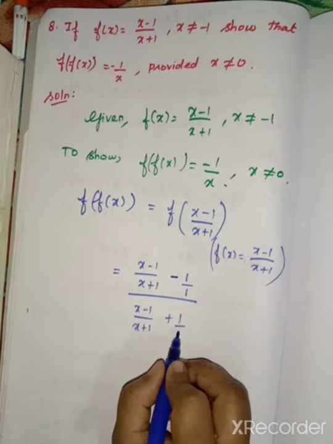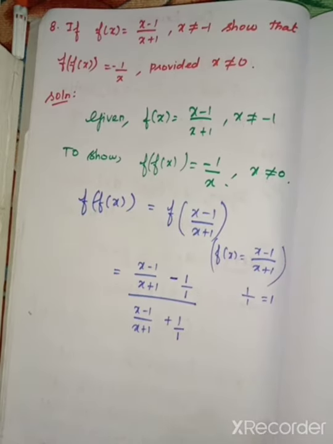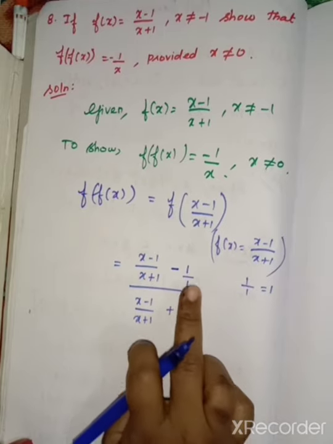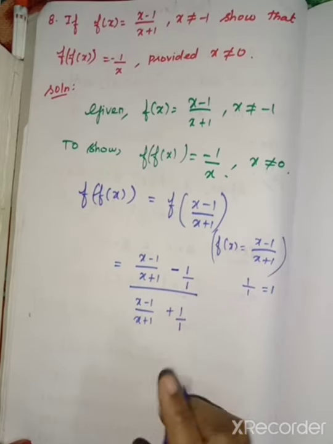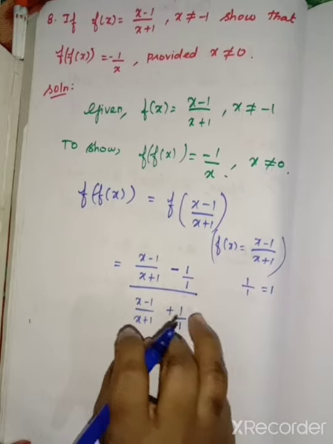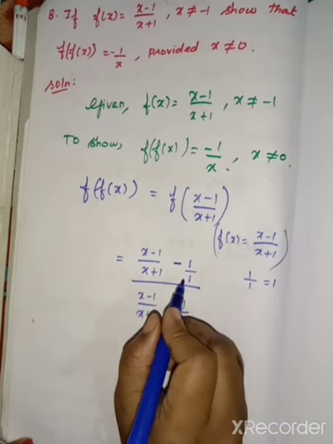Likewise, here also we have the 1, because if you divide 1 by 1, we get the same 1. So alone here we have the denominator as 1. Consider the denominator as 1. Now we want to use cross multiplication, or otherwise if you know the LCM also we can use it. So now we can use the cross multiplication.